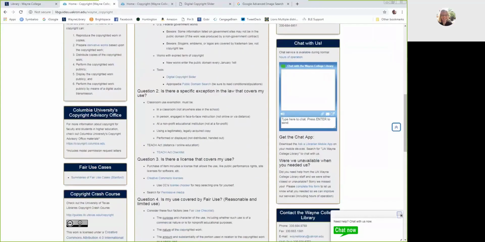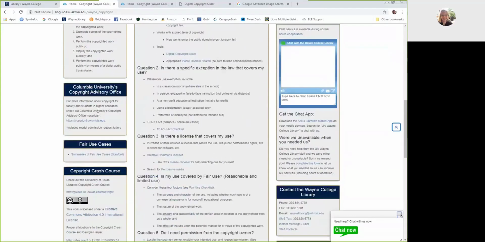And then there's some additional links that are just of interest if you wanted to explore these further. There's a really good resource from the Columbia University Copyright Advisory Office that goes really in depth into copyright, and you can go ahead and take a look at that. In fact, a lot of my materials are based on their materials, and of course I've asked permission, so that everything is compliant, okay?